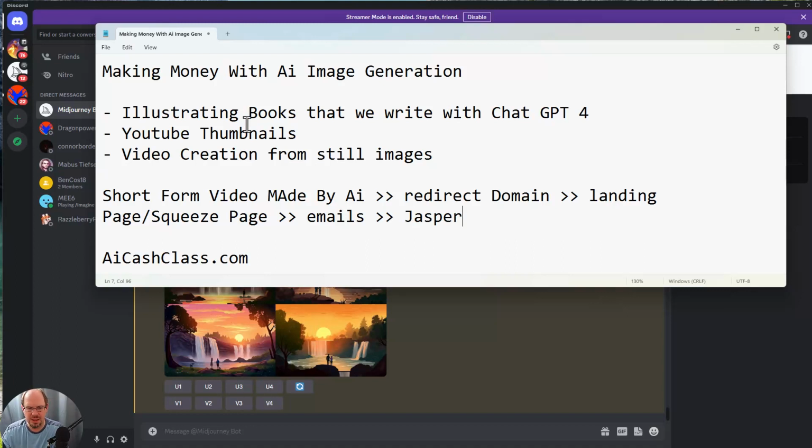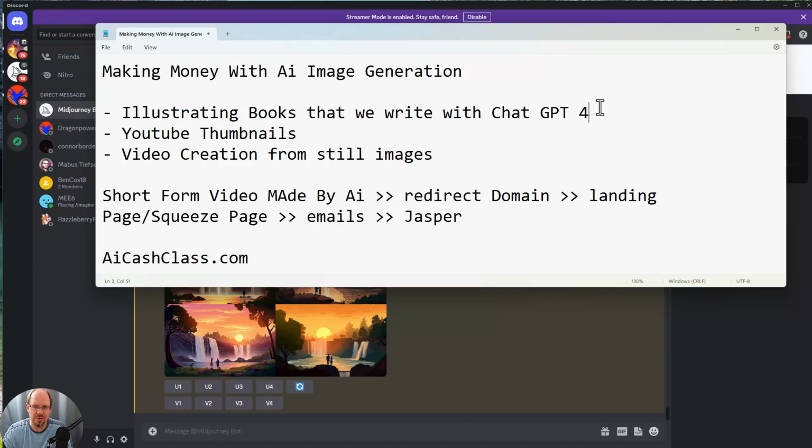Again, this is not really what this video is necessarily about, but this is a simple strategy you could use. This is the strategy I teach in the classes, and I'm just giving you the strategy here. You could use this for video creation to make money. There's hundreds of dollars without tons of work, and if you want to put in a lot of work, there's thousands or tens of thousands of dollars to be made, because there are already people posting in Facebook groups showing where they're utilizing the same method and strategy.